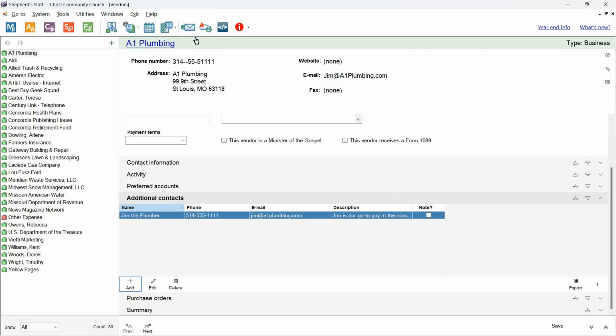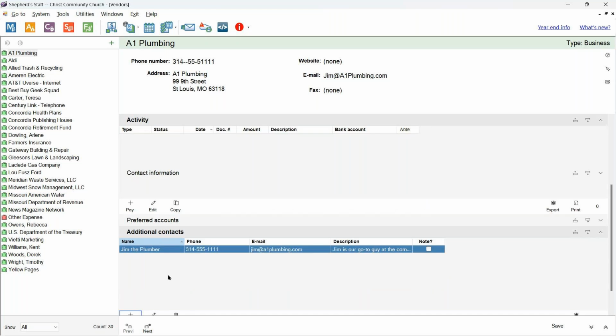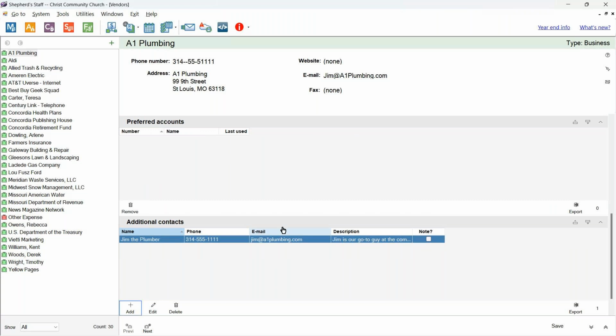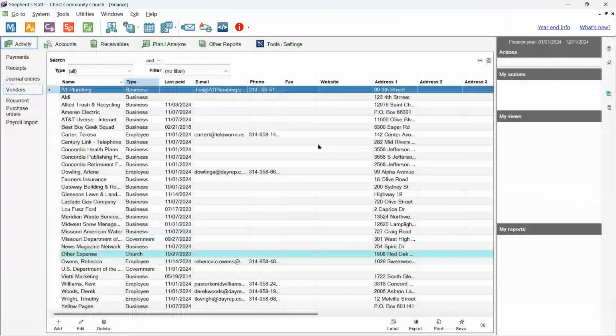So now I have a vendor that's got all the information, and we've got a personal contact for that, but we don't yet have any activity or any preferred accounts because we don't have any transactions for this vendor yet. So we're going to go ahead and close out of here, and I'm going to show you one more